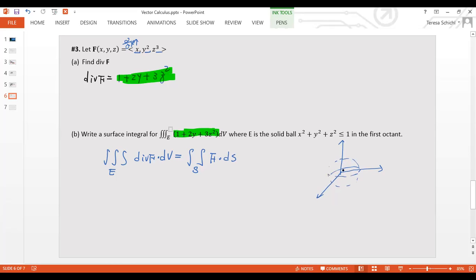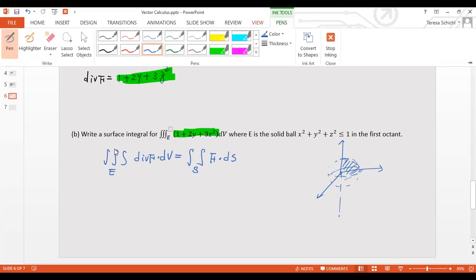So you are looking for the first octant. It's kind of like over in here, right? It's very difficult to graph here. So it's in the first octant of your solid ball here, right? If you want to take a look, then the next thing here is that they said